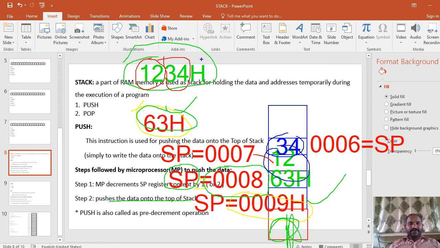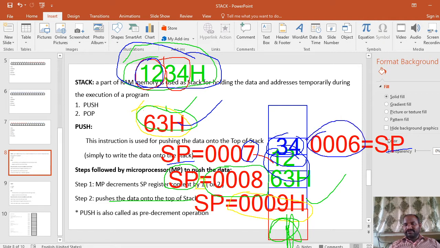So when you are trying to store the 16-bit data onto the top of the stack, SP is decremented by 2, by decrementing the SP content twice. It is decremented by 1 only, but in order to store the 16-bit data, that decrement is done twice. But if you want to store the 8-bit data, then the decrement is done only one time. Now, in the first decrement operation, the higher order byte of the 16-bit number is going to be stored,